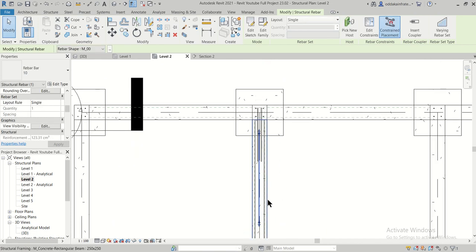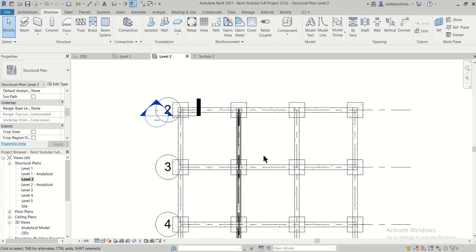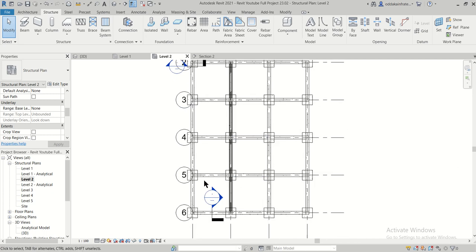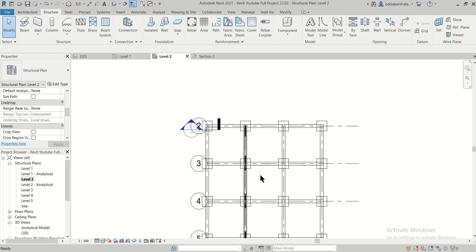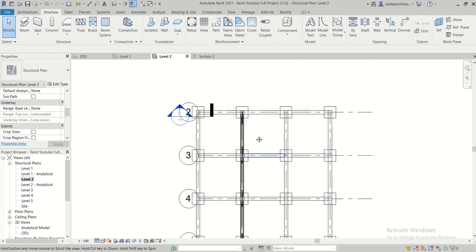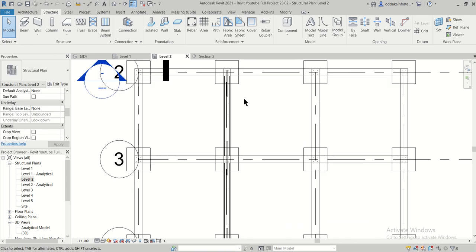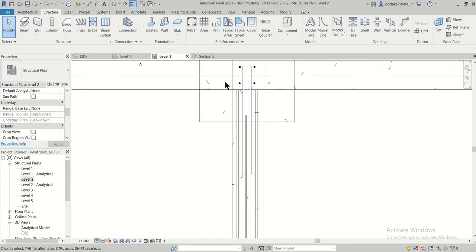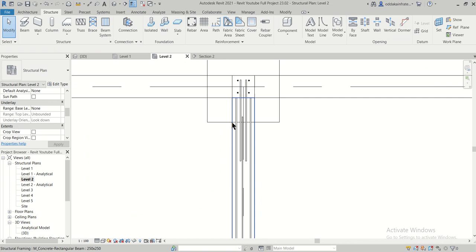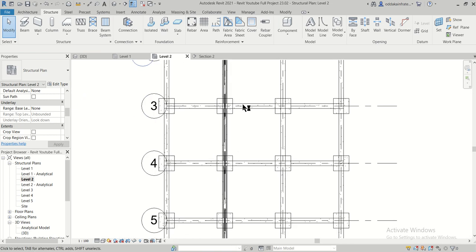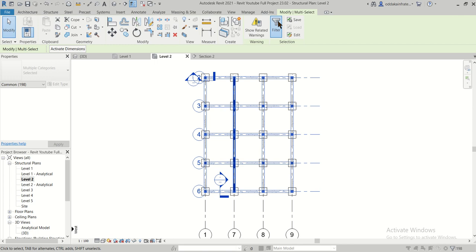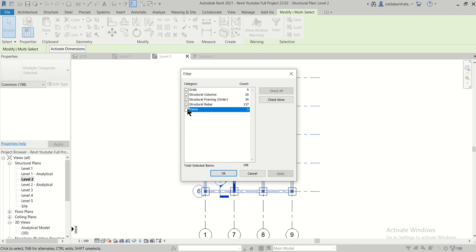So now once this has been done, as you can see here, we have completed reinforcing this part, and we can just select the entire reinforcement of the particular, let's say we'll select this, you can go to filter, structural rebars will be there,